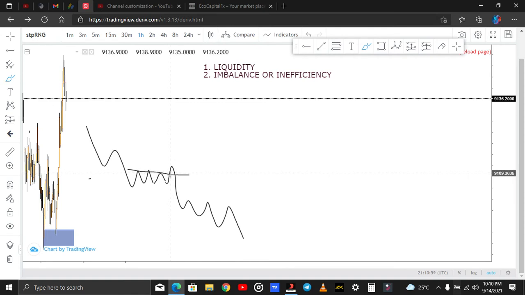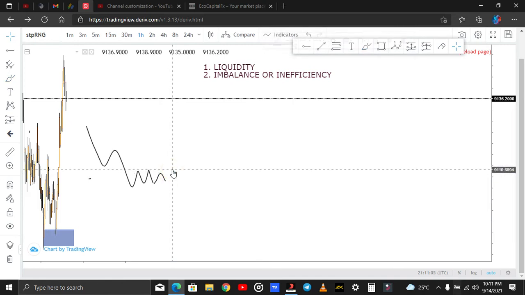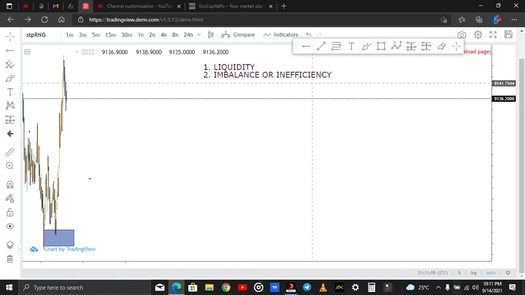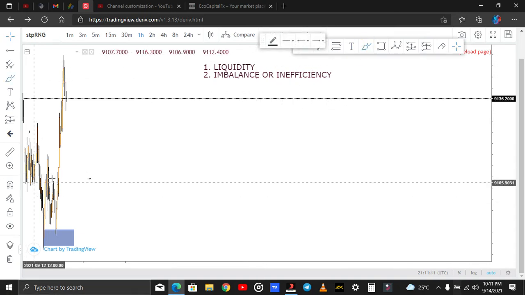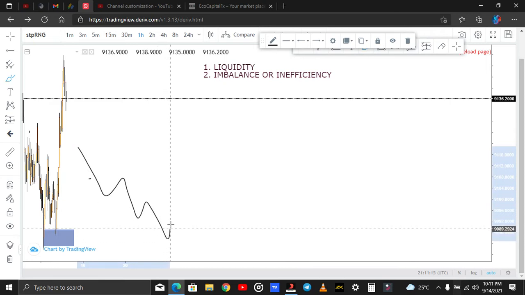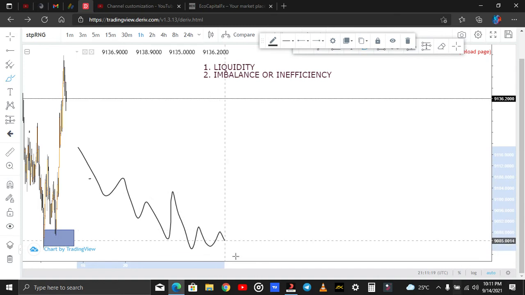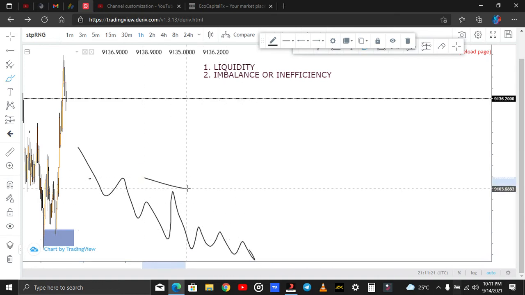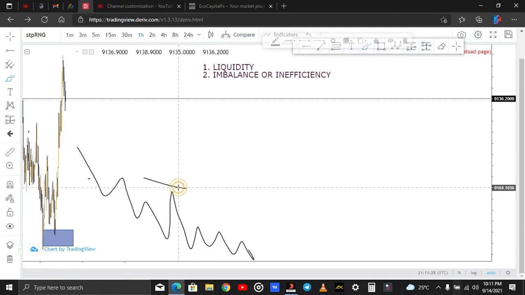We also use this concept while trading the order block, the order block strategy. So you just have to understand all these things. One more example: sometimes price can be selling like this, comes, grabs liquidity, continues selling. So this is just a grab of liquidity, grabbing the liquidity in this zone.